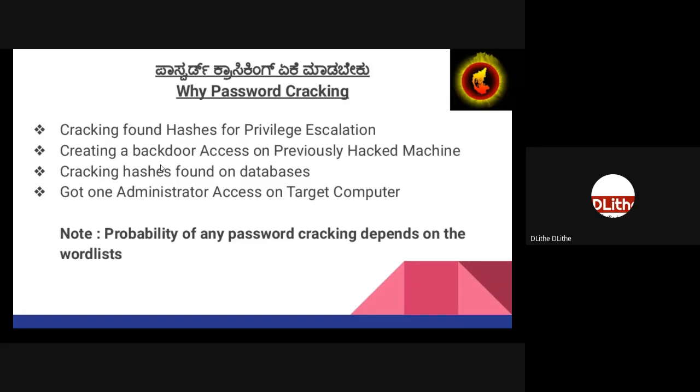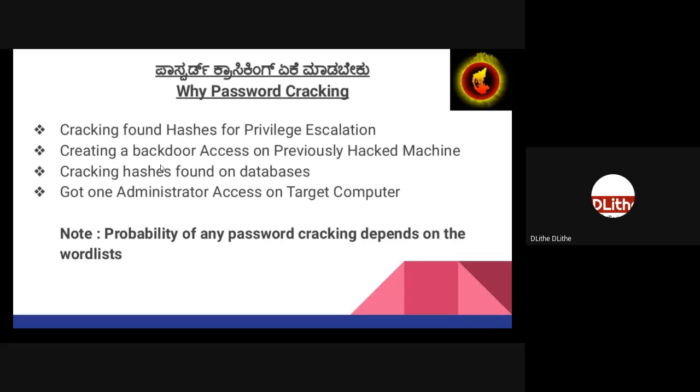You can use those compromised hashes to crack the passwords. Or else you have got one-time administrative access, so in that case you can run this particular tool and gain the password hash. So these are the different scenarios where you can dump and crack the password hash.